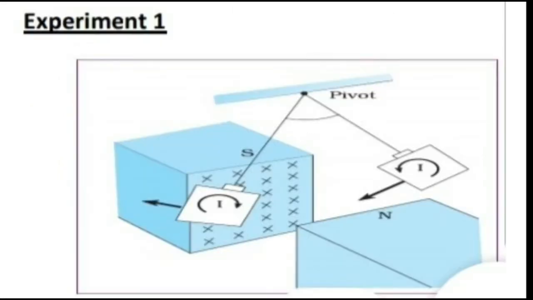Now here we have an experiment to show the presence of eddy current. Here we have the north and south poles. Between the north and south poles there is a magnetic field, and in that magnetic field you have a pivoted simple pendulum. Instead of the bob you have a metallic sheet, and that metallic sheet is made to oscillate in the gap between the two pole pieces.